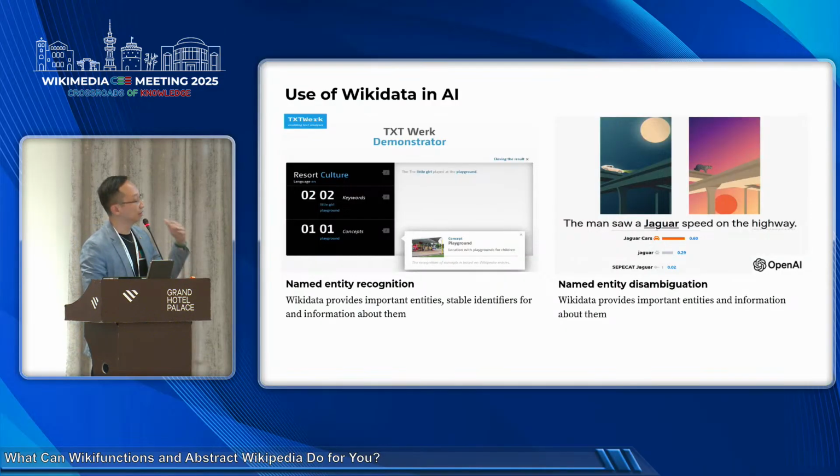For example, the word Mercury could refer to the planet, the chemical element, or the Roman god, and Wikidata helps these models identify the correct entity by considering context. In this particular example we see here, is Jaguar an animal, or is Jaguar the brand of the automobile?